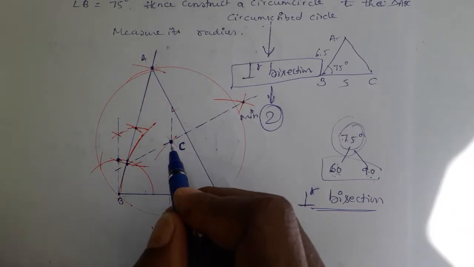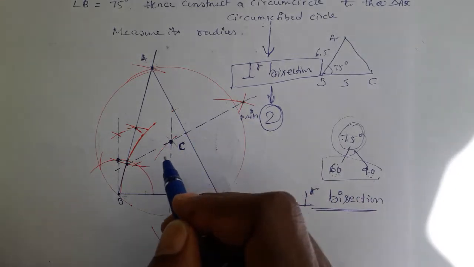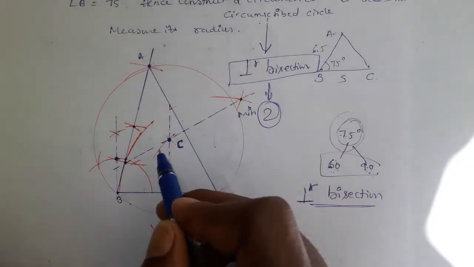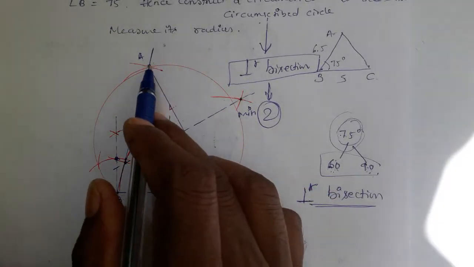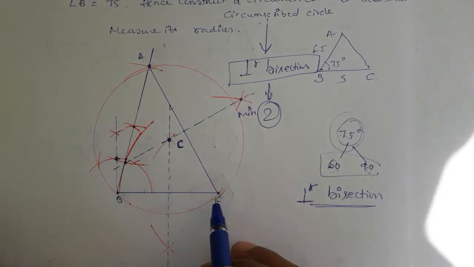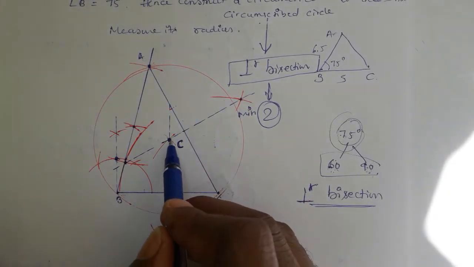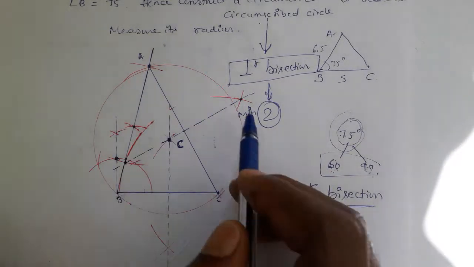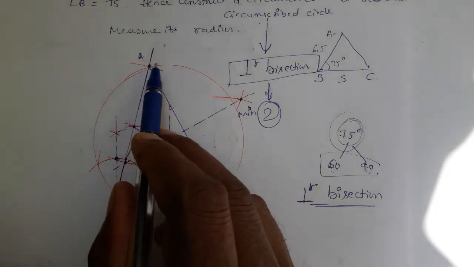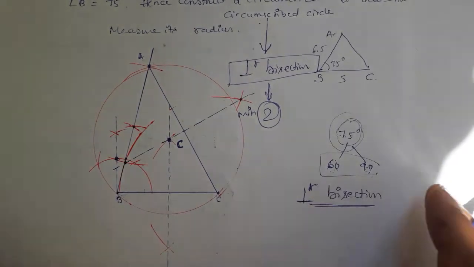So no problem. In such cases, erase this perpendicular bisection and try once again, because if any mistake is done in the perpendicular bisection, the circle won't come properly. Sometimes it passes through two vertices and misses the other vertex. Therefore you have to get the circumcenter properly by proper perpendicular bisection. Then the circle you are drawing at last exactly passes through all the three vertices. This circle is called the circumcircle.